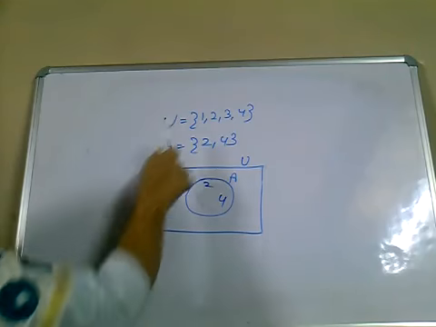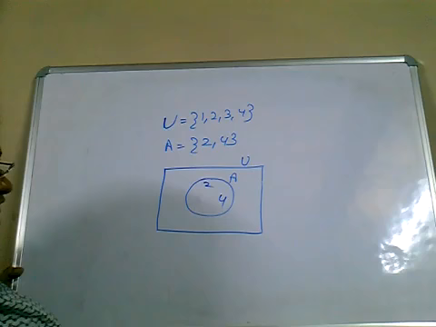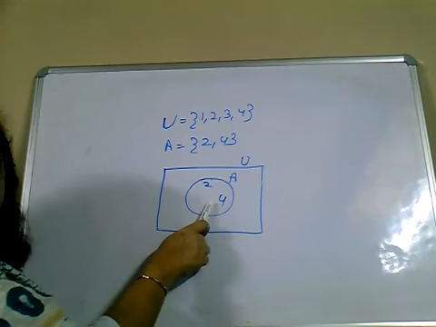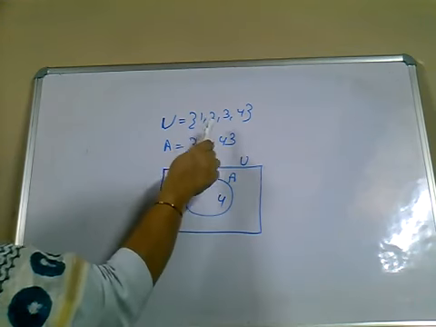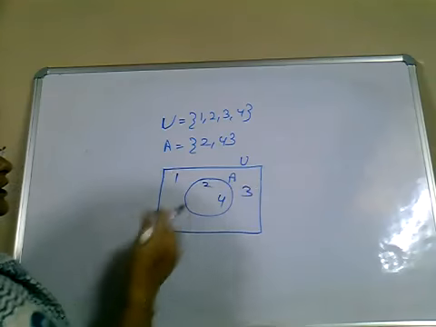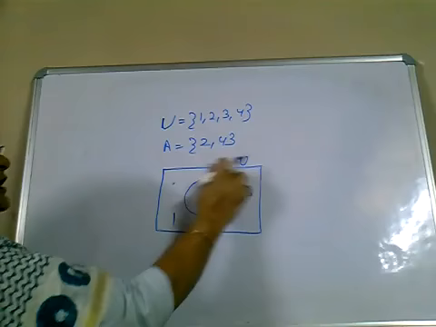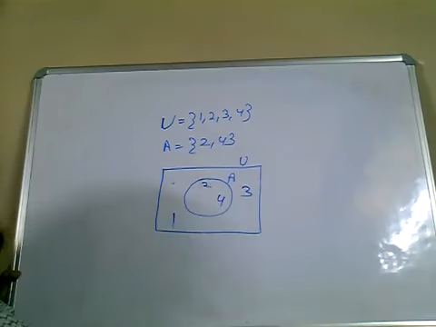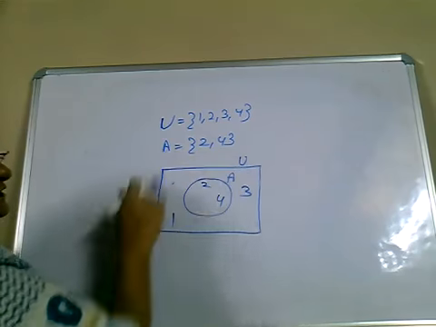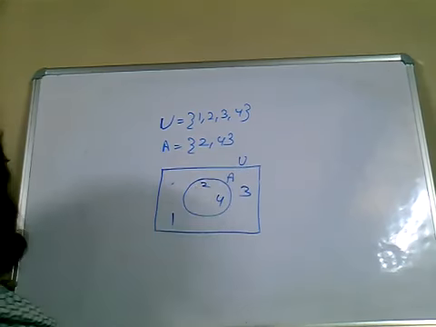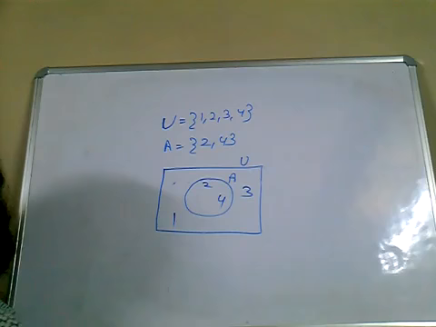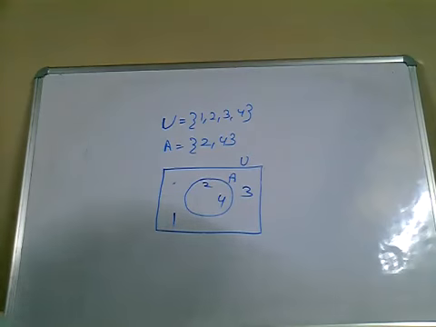So we can write anywhere in the circle. Now, elements of the universal set are 1, 2, 3 and 4. But 2 and 4 are already present in set A. So we are left with only 1 and 3. So we can write 1 here, 3 here, or we can write 1 here. So anywhere we can write these two elements, and these 1, 2, 3, 4 all are the elements of the universal set, and set A is 2, 4. So in this way we can represent this data by a Venn diagram. Let's take one more example.